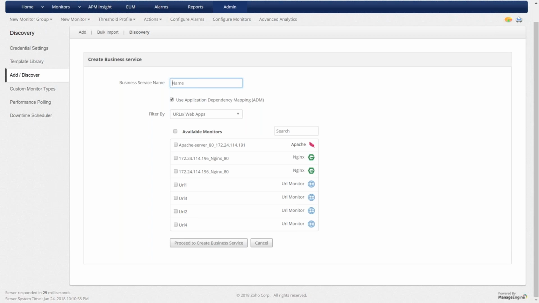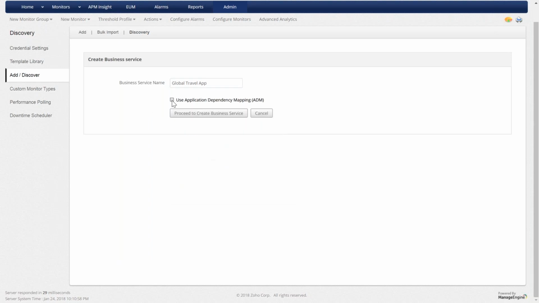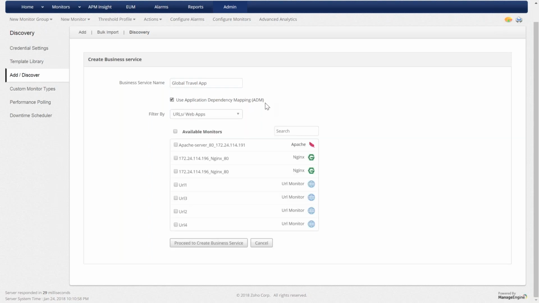So what I'm going to do is create a business service name, say global travel app. I am going to enable this box, which gives me the ability to visualize those dependencies. What I am going to do is choose monitors with connection. Of course, you can choose to see all your monitors based on the type. But since I've already discovered and added certain applications within the product, I'm going to choose monitors with connection, and there they are. So I'm going to select these three and hit this button that says proceed to create business